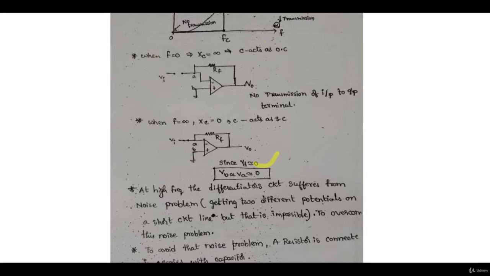Since the voltage at A is at virtual ground, Va becomes equal to 0. So this point becomes 0, and that is the reason V0 also becomes 0. Since the op-amp will not draw any current, there won't be any current in the RF branch.